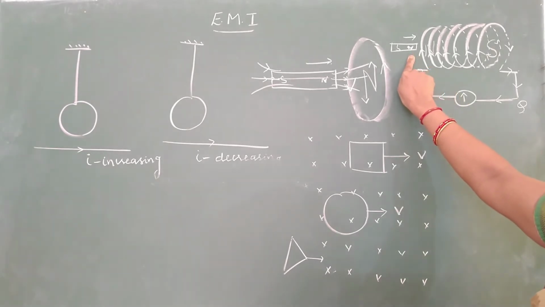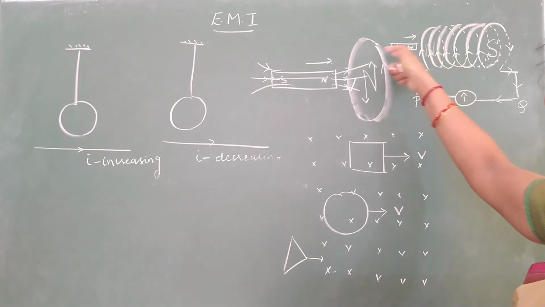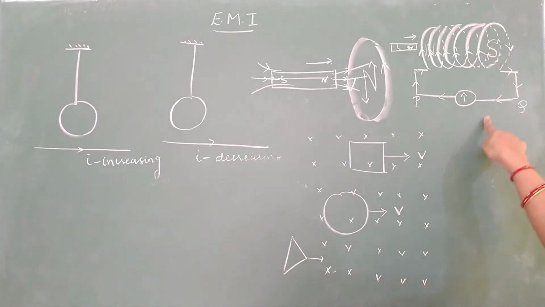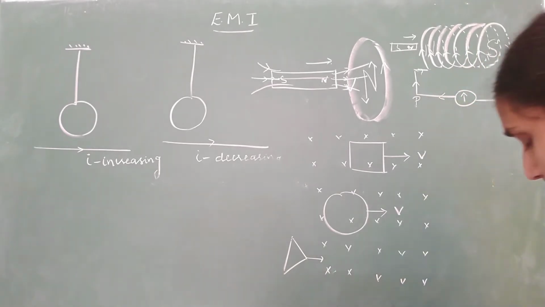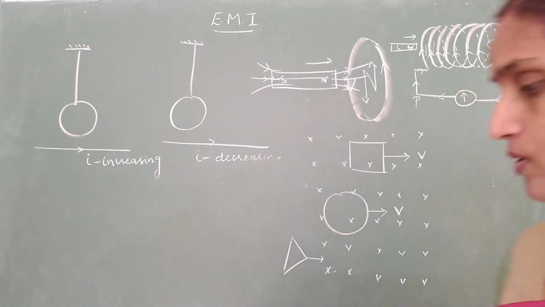If magnets are given, when north pole is moved closer, north pole will be induced. If north pole moves away, south pole will be induced. So according to N and S, you can get the direction. But sometimes instead of giving a galvanometer, they will give you two circular coils. Look at this question.